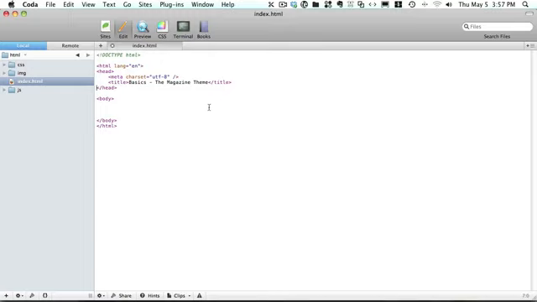Now, as I said, I'm not going to use the newest tags, article, footer, header, and stuff like that. What I'm going to do instead is name the classes and IDs of the container elements kind of to reflect the new tags. So for instance,